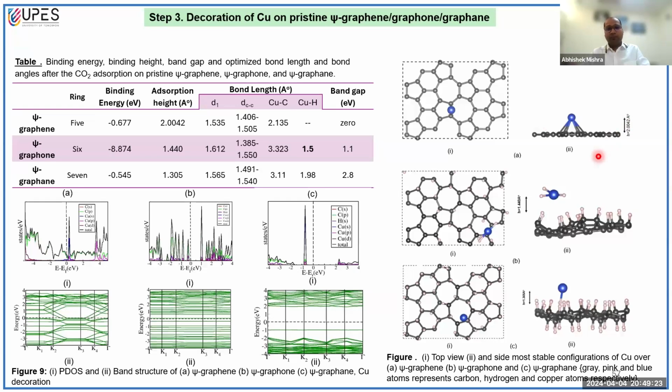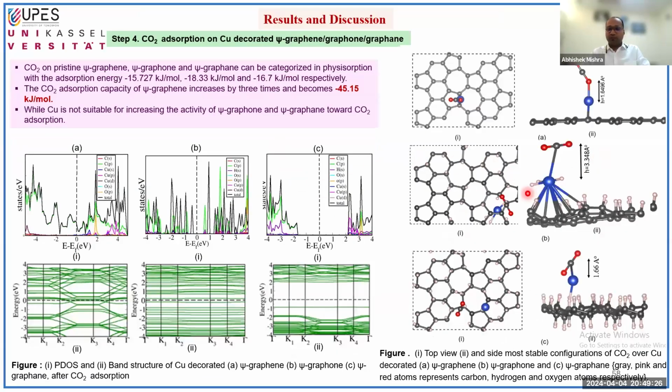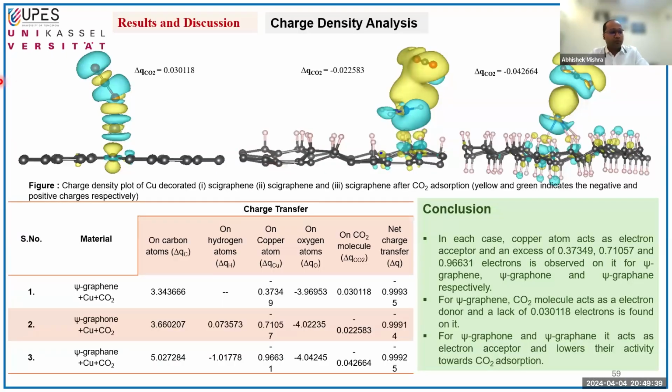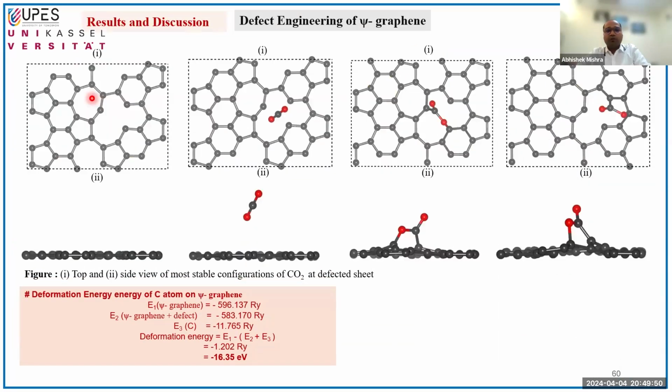And you will see here that once you decorate such materials with a single copper atom, in the case of graphene, the binding energy increases to about 3 times the original one. These are the further quantification of the results, where we have worked on the charge density difference plots. So this is towards the vacancy creation,